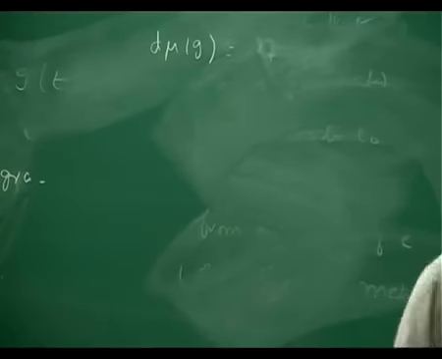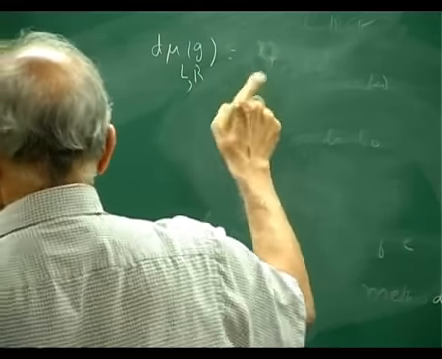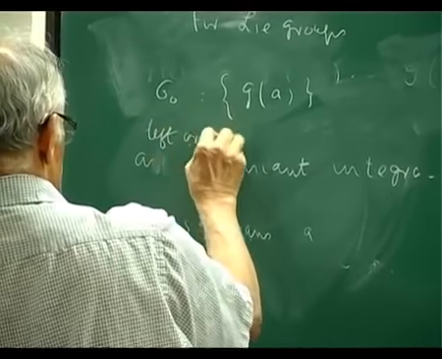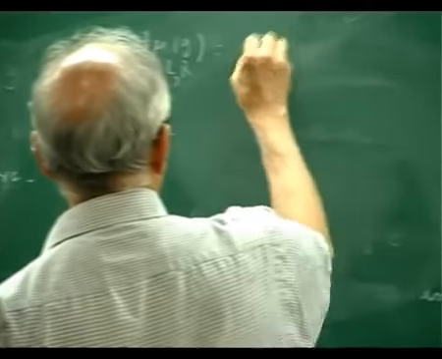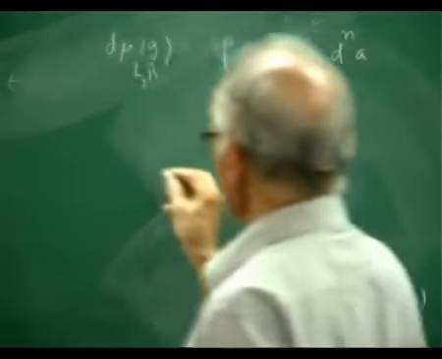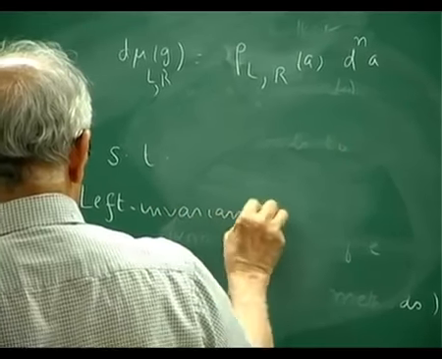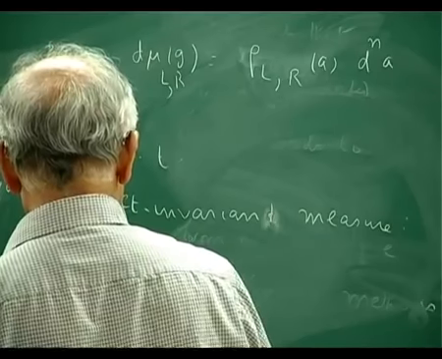Let me write d mu L,R of g. I should say a left or right invariant measure means a measure rho L,R of a, so the form rho L,R of a dn of a, which is such that, left invariance, there are two in general, means that if I integrate on G0